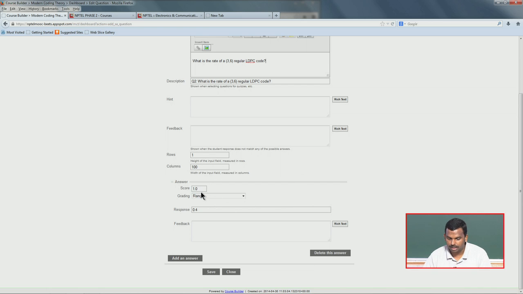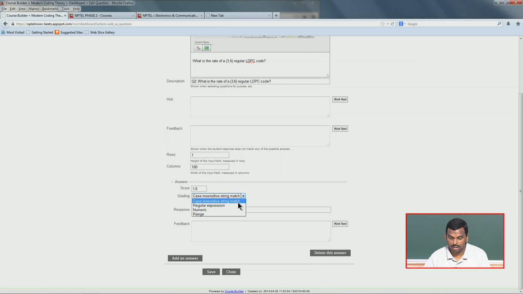But I want to give different grading choices here. I could, for instance, say the correct choice is case insensitive string match, and I might say 0.5. In which case, if the student enters 0.5, the answer is going to be marked as correct. But if the student enters 0.50 instead of 0.5, it will be marked as wrong, because it is a case insensitive exact string match. So that is not very nice.